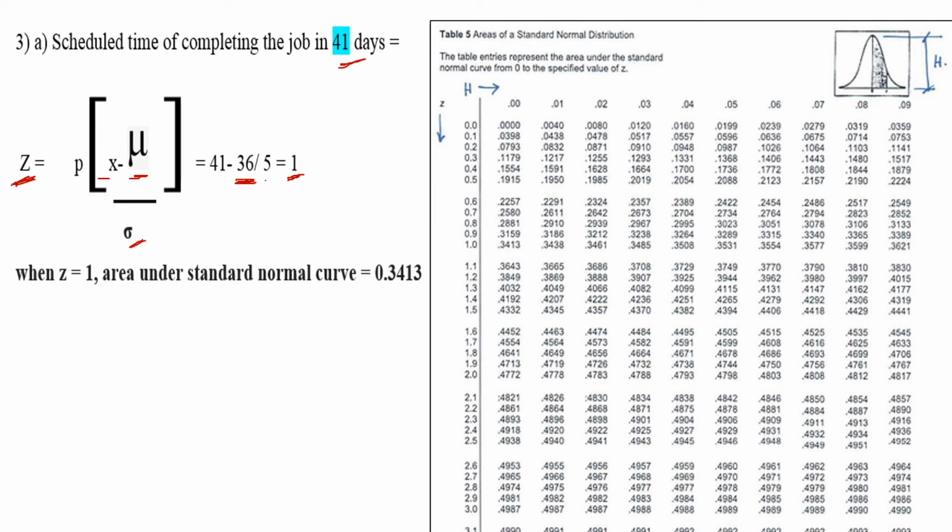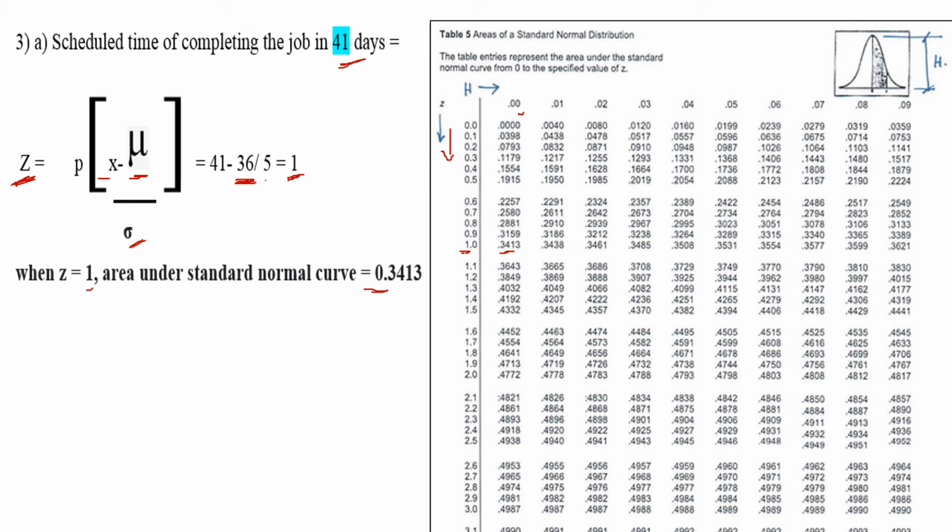Now, for further solution, take the standard normal distribution table. So z value is 1. So from the table, see here, this is the z value. Okay, we know how to find. So from the z value, take 1. See here, 1. Okay, since no decimal portion, so take 0.00. So take the intersection point, 0.3413.